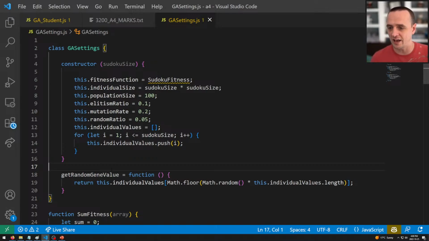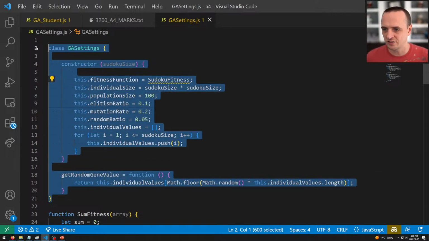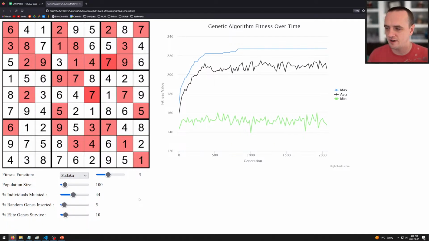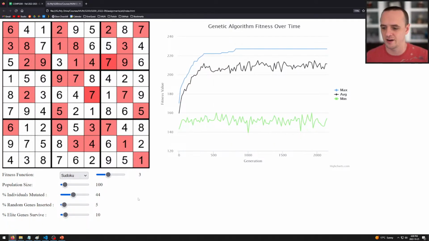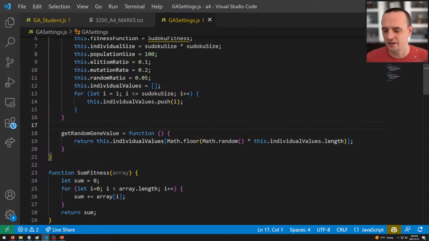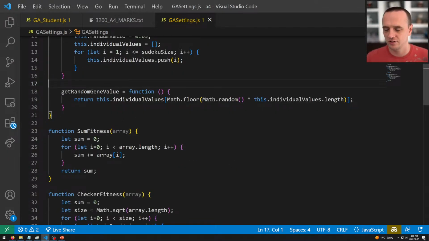So you can say settings.getRandomGeneValue, and you can start populating your array with random gene values. So that's the settings. It is modified by the user interface. You will never have to manually modify that anywhere in your code. The next thing that is inside this GASettings